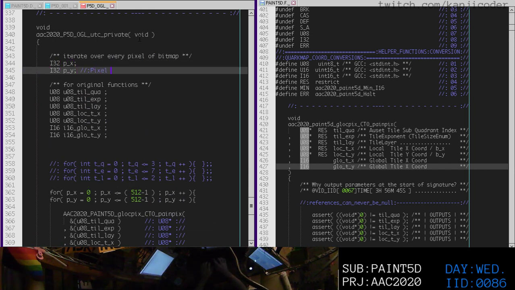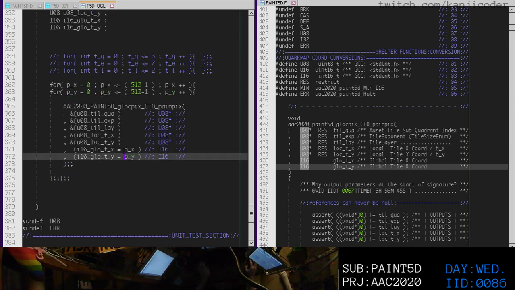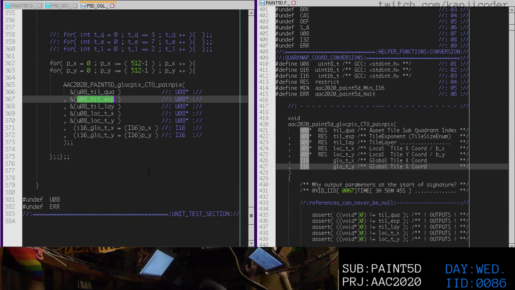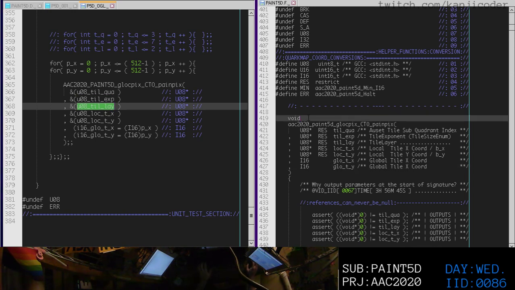So this is pixel y, and up here is pixel x. Px, py, right? And we'll need a cast here, so I16, right? We'll cast it to int 16, and we expect that to just work magically, right? Okay, then once we have these locations, we're going to use the